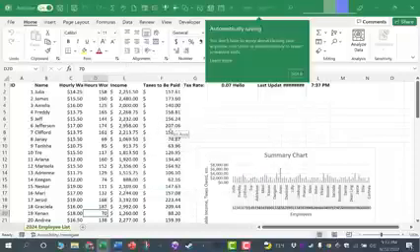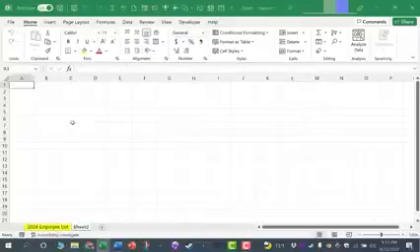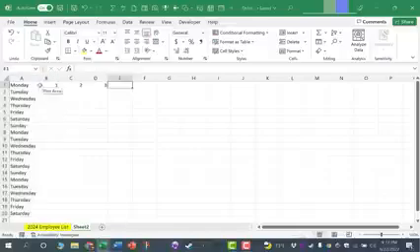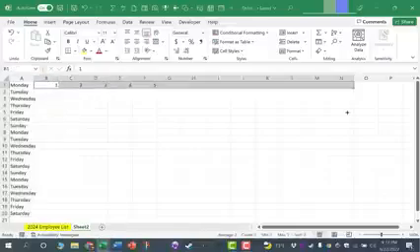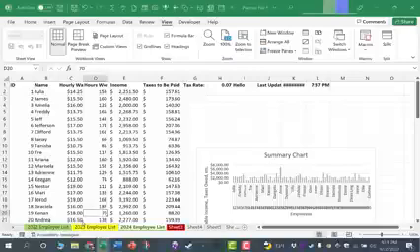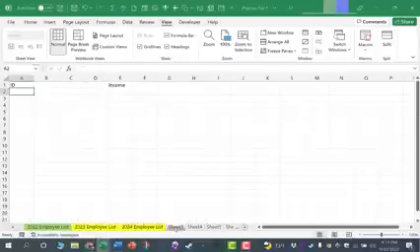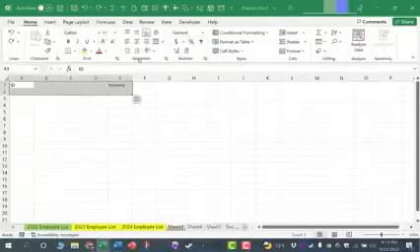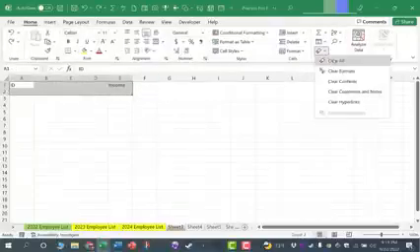And now that it's saved, I'm going to open up another tab, and I'm just going to put in some data here. It's not that meaningful of data, but I just want there to be something here in this new workbook that's not in the original workbook, and I'll save it once again. And now I'm going to switch back to my first workbook, the one that we've been working in for this entire video. I'm going to go here to Sheet 3. It's pretty much blank, and I'll just delete what's there by clicking and dragging to select it. And then on the Home tab, I'm going to go to the Editing group, and I'll just click here, Clear